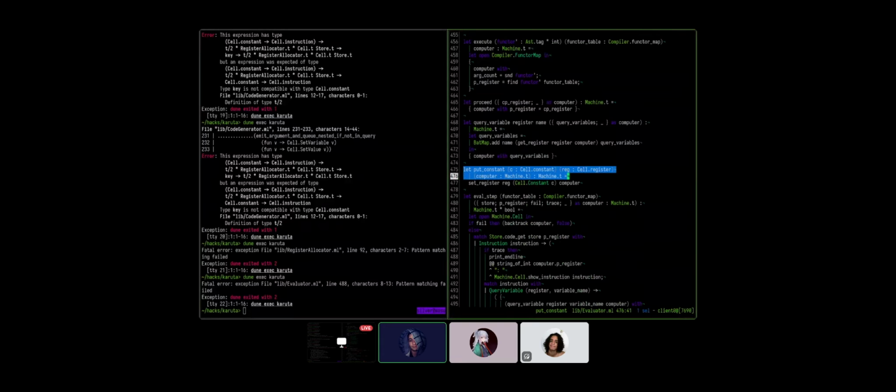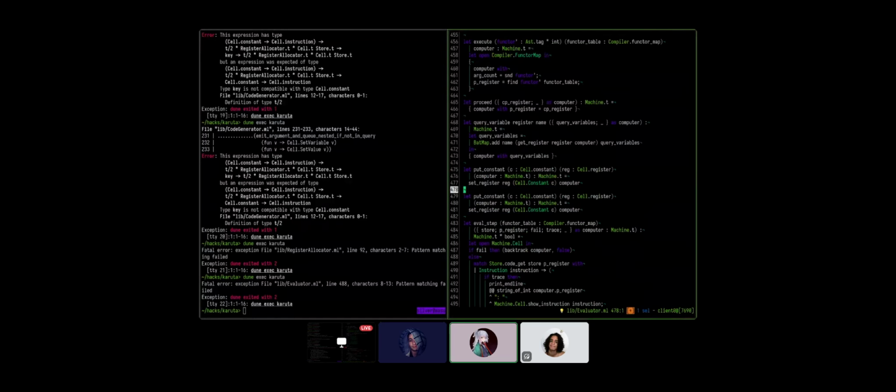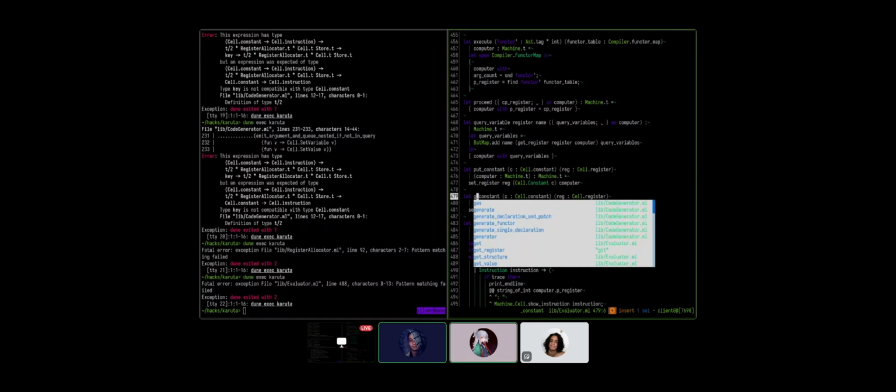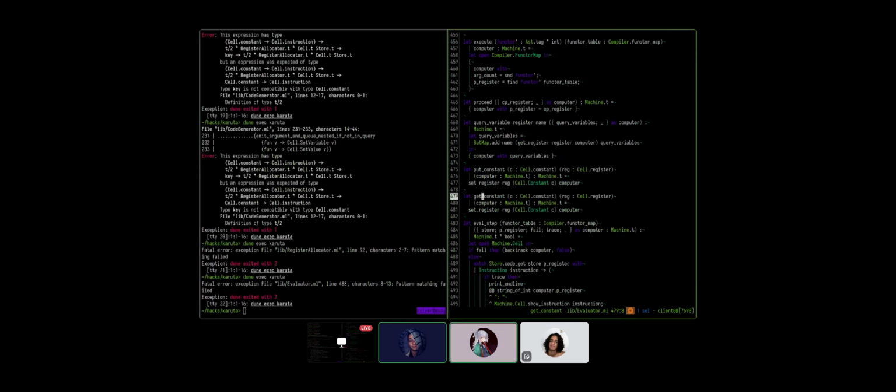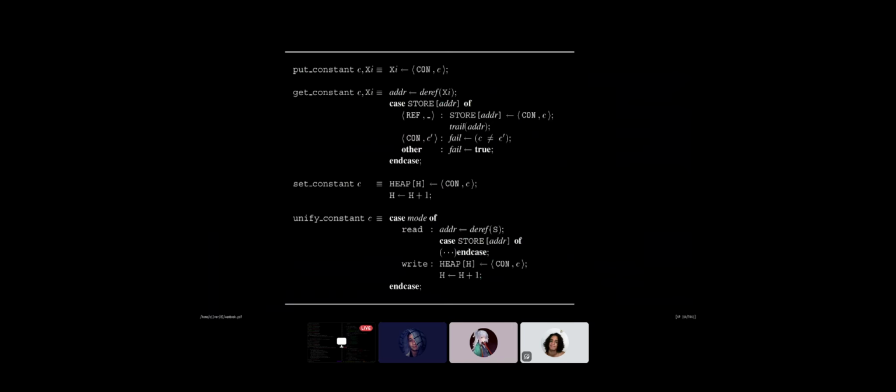Copy the type signature. This one is a little bit more involved. So the first thing we need to do is a deref on the value of the register, which is a little weird because we don't do this operation, ever.